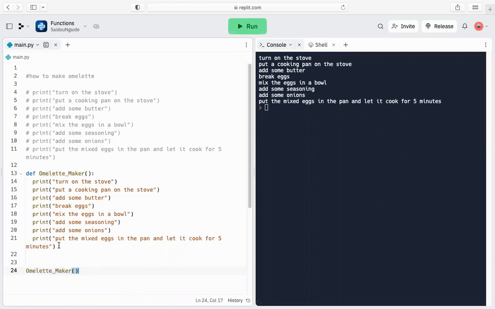And this is the whole purpose of a function, to allow you to do repeatable tasks with one line of code, basically. So we create all the steps under the function, and then we just have to call the function. In later videos, we'll talk about how to pass an